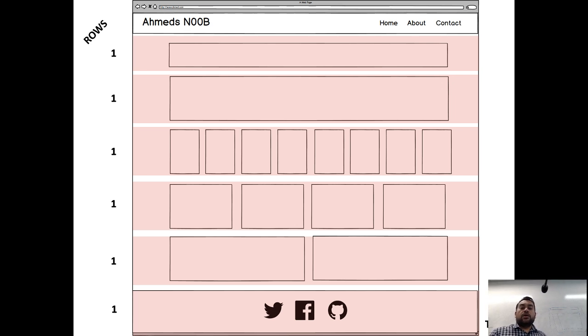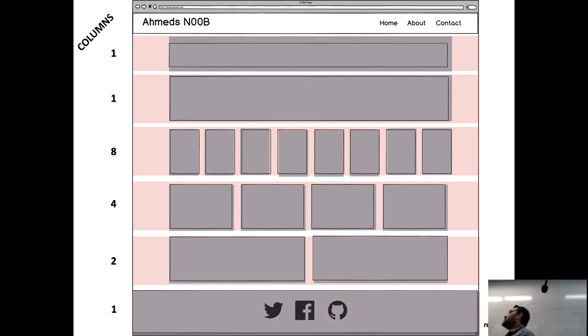Okay. Now what about the grid system? I said it consists of rows and columns, and it has to be there. It cannot just be rows. Columns are a little bit more tricky. You have to visualize it. Initially, it's kind of difficult to visualize, but when you think about it, you will see the columns. So each row, we have 6 rows. Each row is now kind of independent. I don't want to say think of a row as a grid, but a row is now kind of independent. These are now independent.